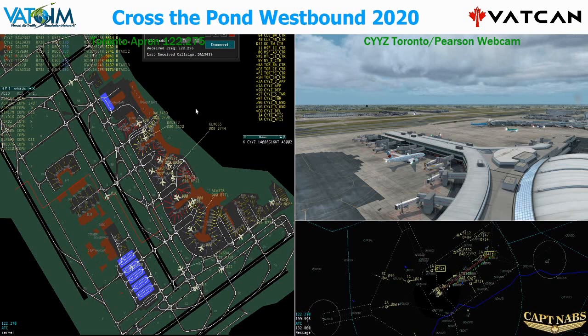Yeah, so for those of you looking at the stream here, if you look on the ground diagram, all the gates are marked with different colors. The red gates are domestic gates, the yellow gates are transborder U.S. gates, and the blue gates